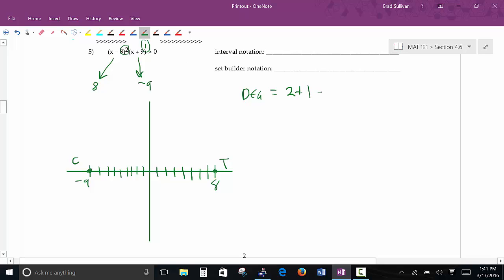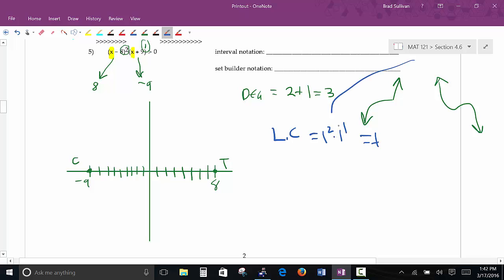Add the multiplicities. It's 3. Okay, that means that your graph is going to do this or it's going to do this. Leading coefficient is what you do. You look at x, that's all you look at. That's a 1 to the second and a 1 to the first. So you're going to do 1 to the second times 1 to the first, which is positive, which means it's